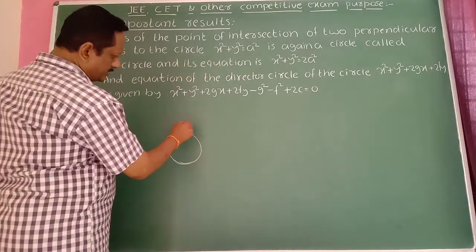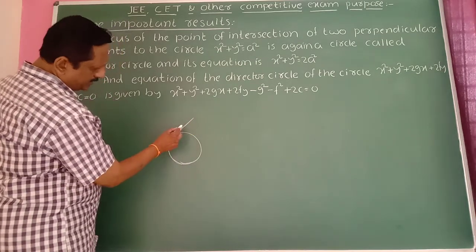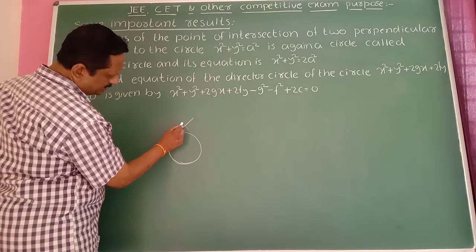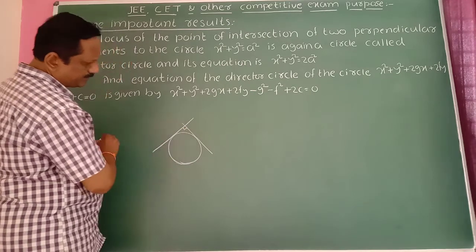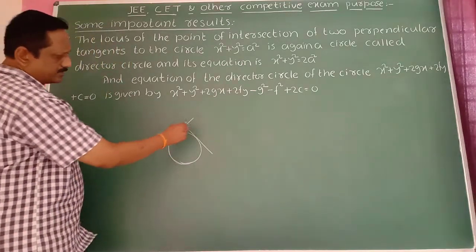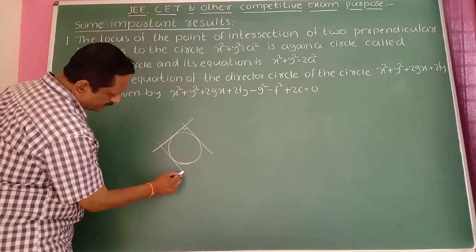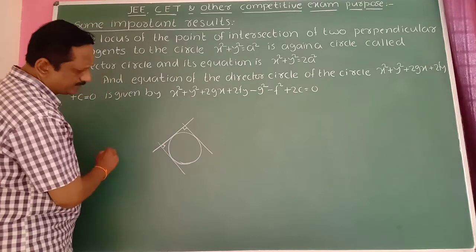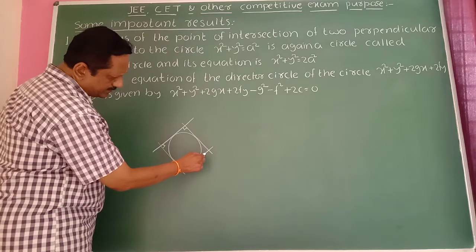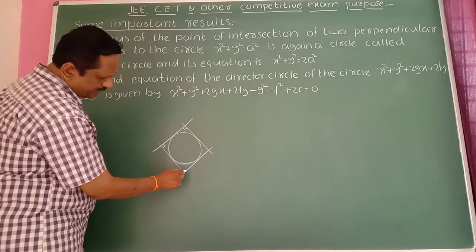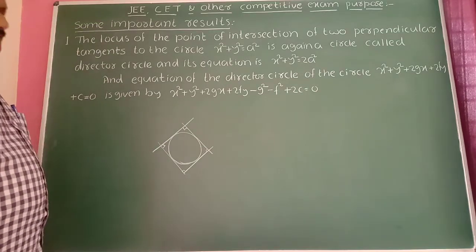Okay, and its equation is x square plus y square is equal to a square. So this is one tangent here, and this is one more tangent here, to the same circle, and they are perpendicular to each other. Again this is a tangent and this is one more tangent here. These two are perpendicular to each other. Again this is a tangent and this is one more tangent here like this. It is perpendicular to both these two tangents here. Therefore there are so many such types of tangents here.